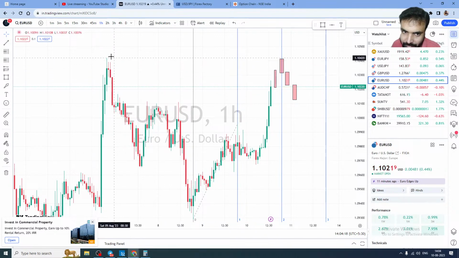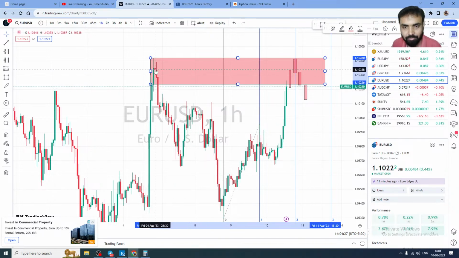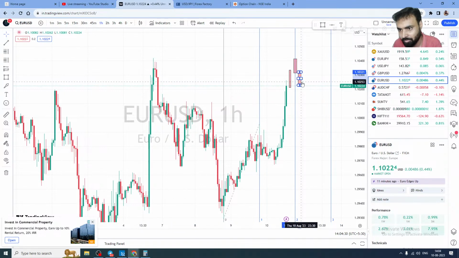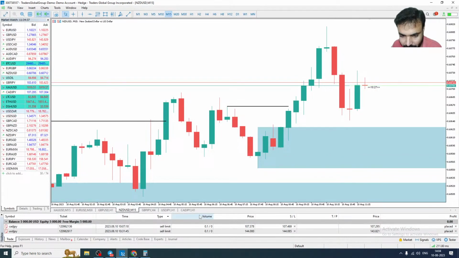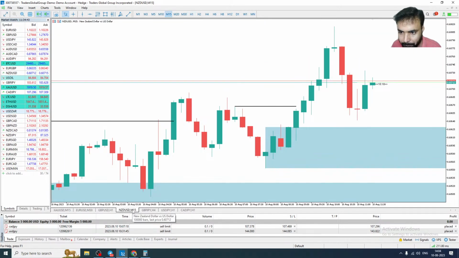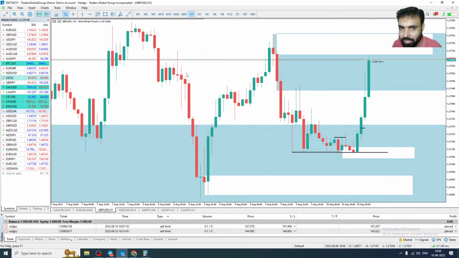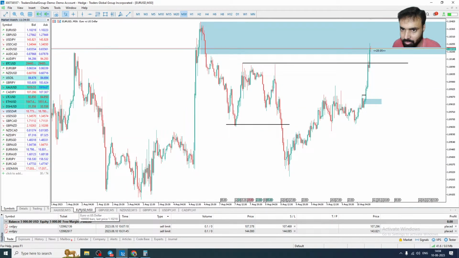But if you see here, there is a swing level here. That's why it's going to react from that level, not because of the Fibonacci. What happened to our entries? Oh, it is touched. Here also the imbalance is touched. Full 50% imbalance touched, but this level is not touched.